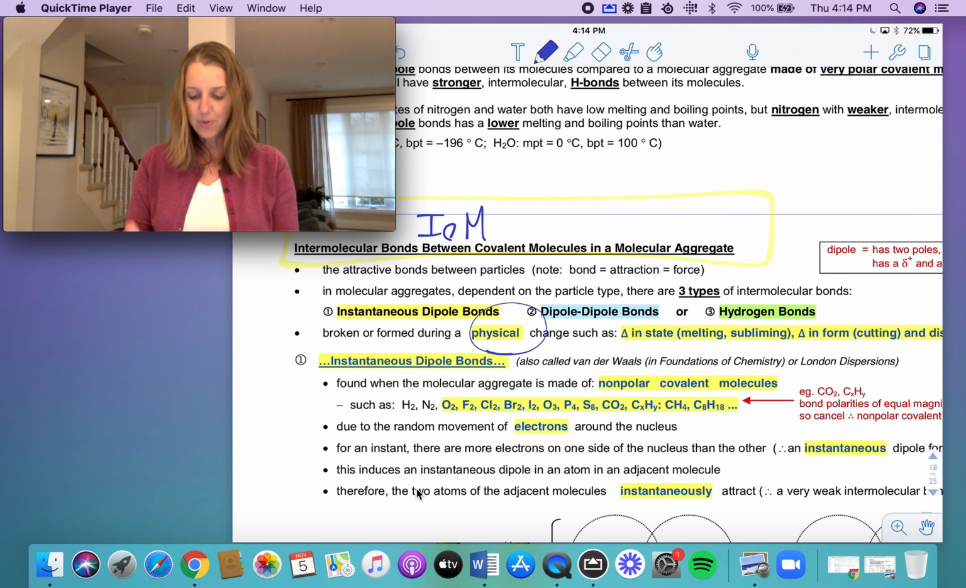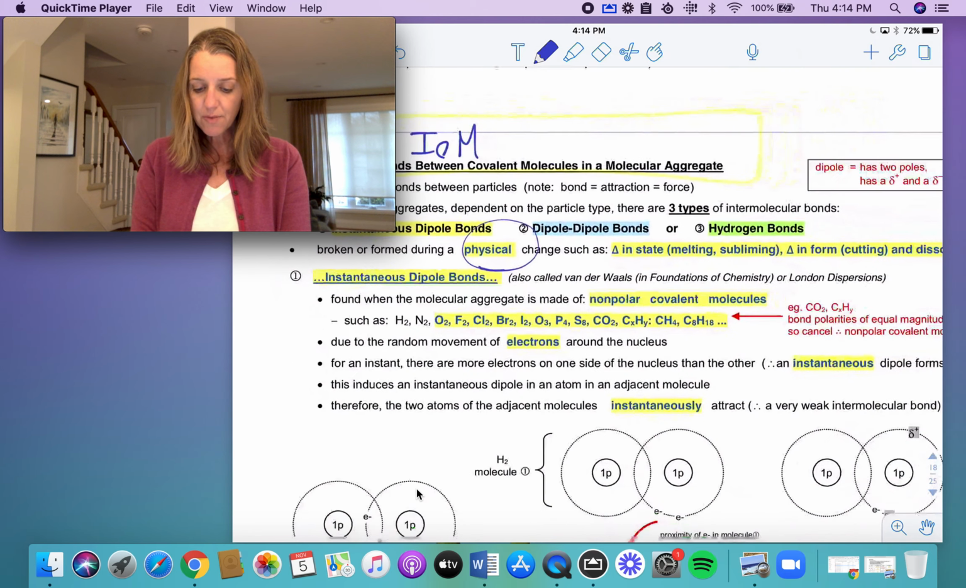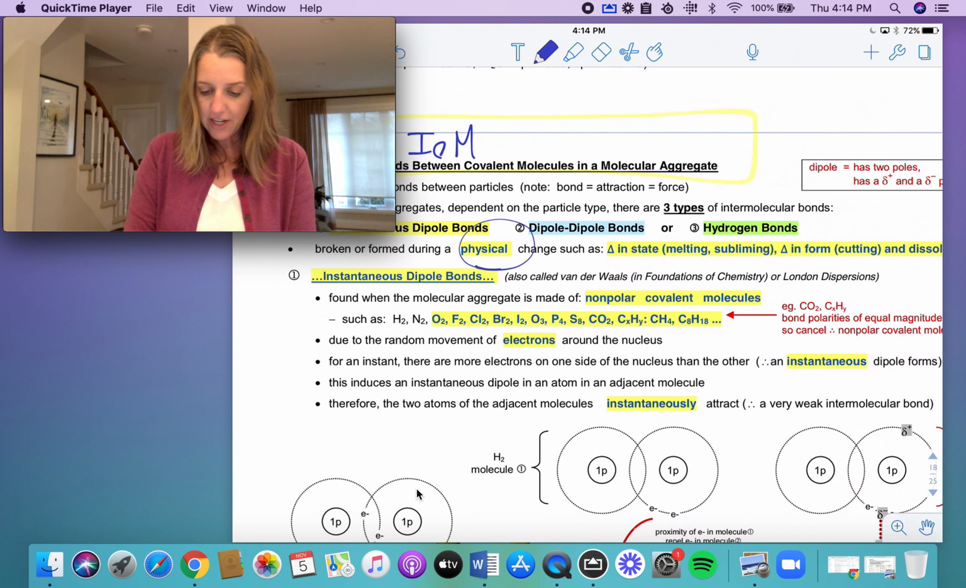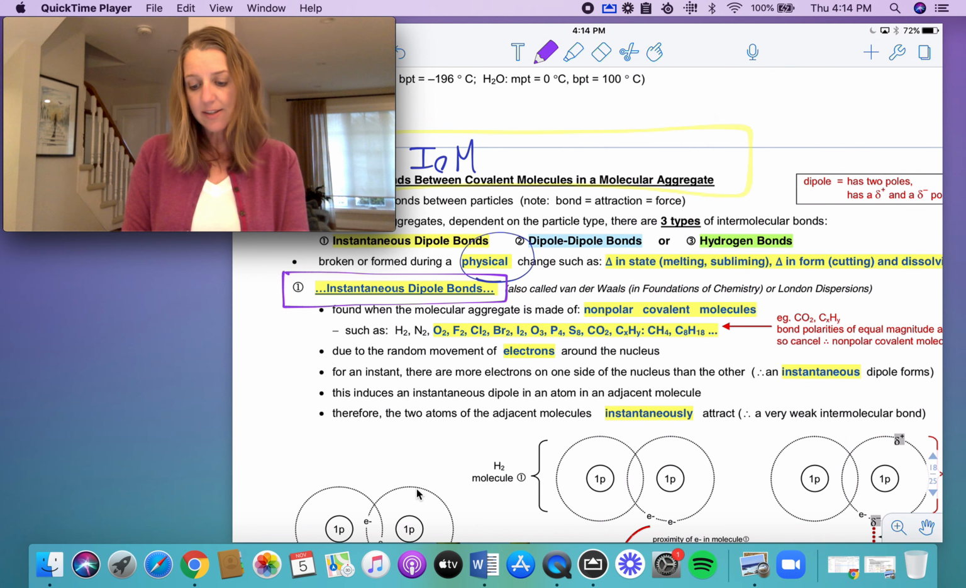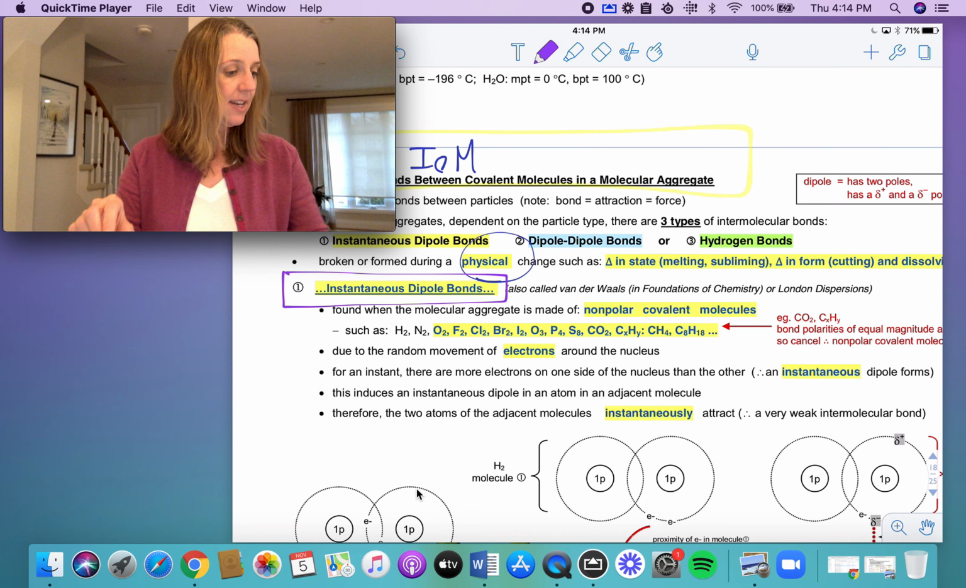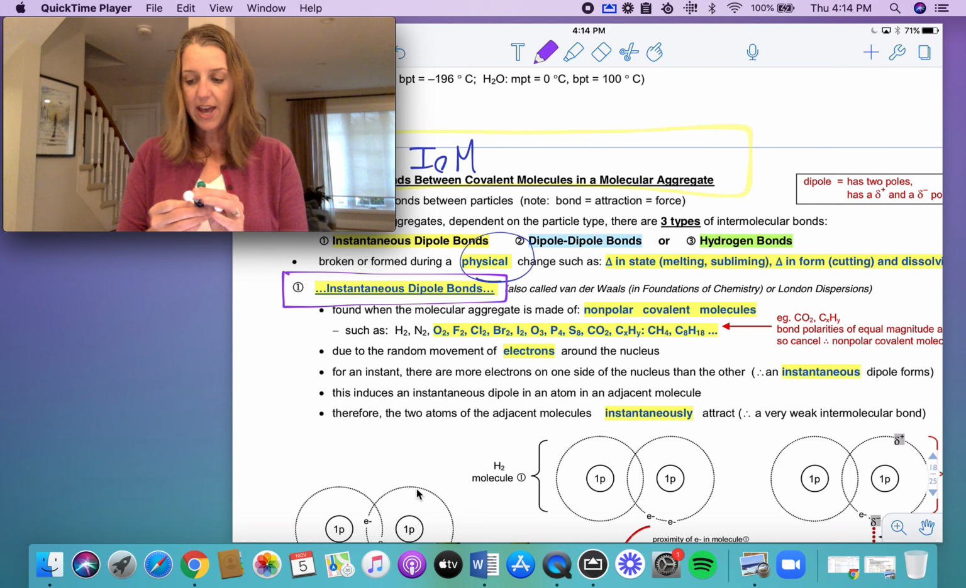Okay, so here's the first one in detail with loads of examples. Instantaneous, let's get a different color here for a second. Okay, so here are our instantaneous dipole bonds. This is one of the three kinds. Again, somebody might call them a van der Waals force. Some people call them London dispersion forces, and they are all the same. Okay, you've got nonpolar covalent molecules. Give me some examples. All of the diatomics, plus anything that is a hydrocarbon where you have just